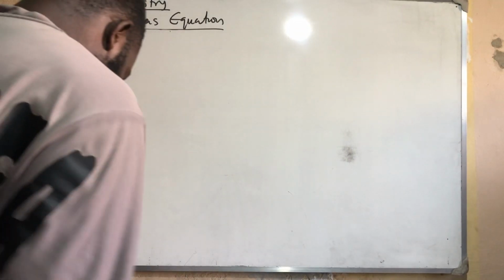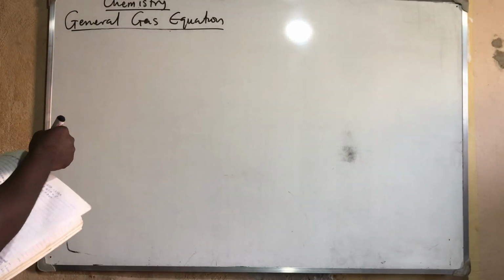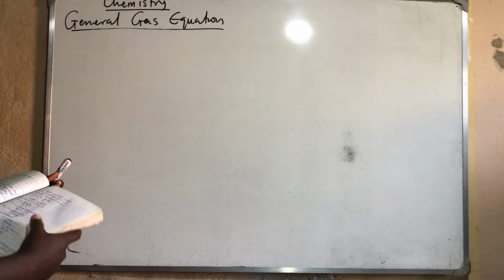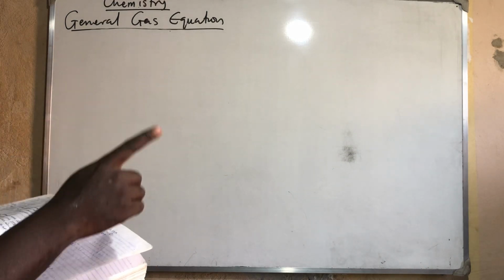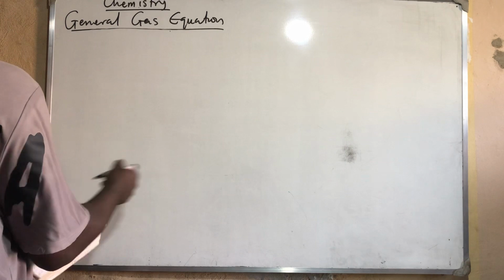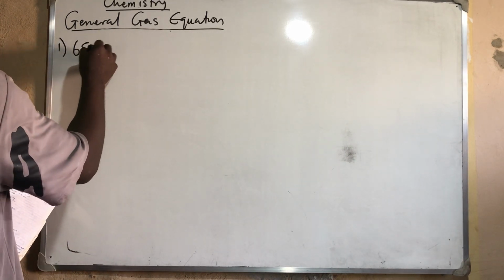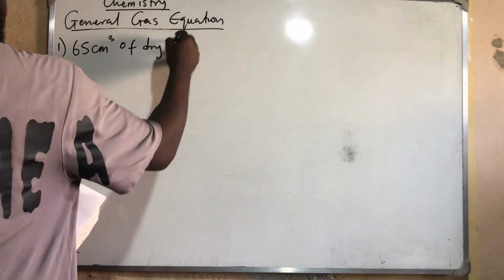First of all, note that for the general gas equation to be used in solving arithmetics, the temperature must be in Kelvin. In other words, if they give you temperature in degrees Celsius, you must change it to Kelvin. The first question said 65 cm cube of dry hydrogen